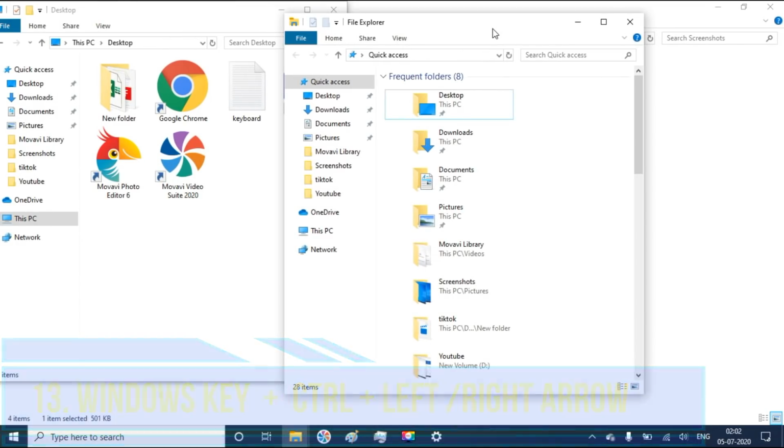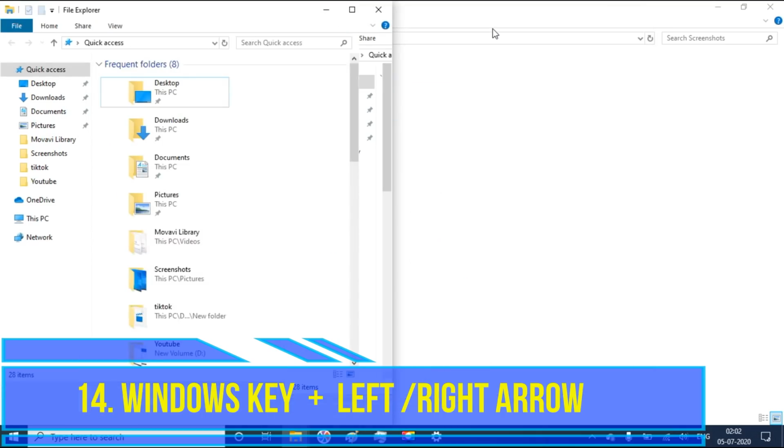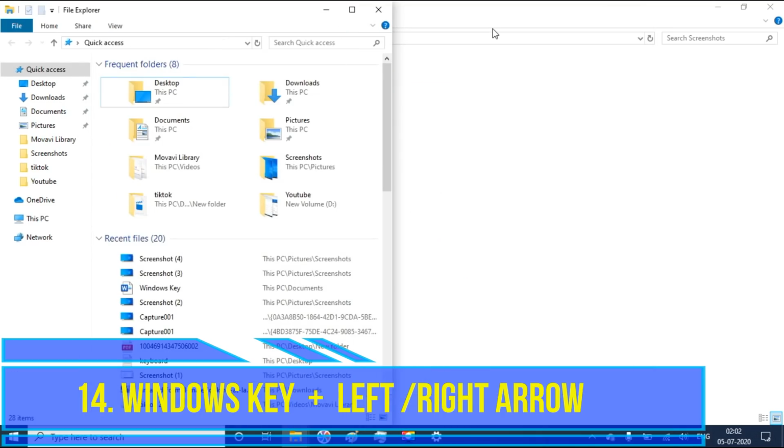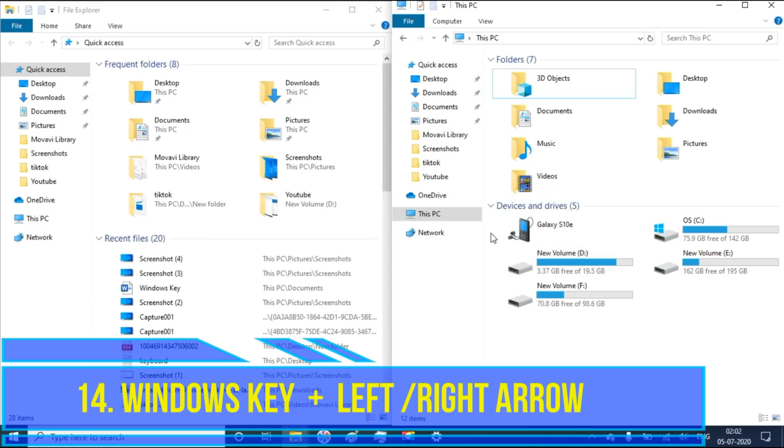Then next thing, so till now we saw 13 shortcuts. Now we'll see how to split the screen. Just press Windows key and left arrow, then it will align the current window to the left, and you can select whichever window you opened, then it will align it, splitting left and right.